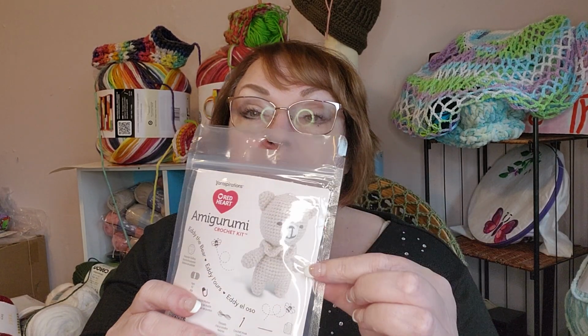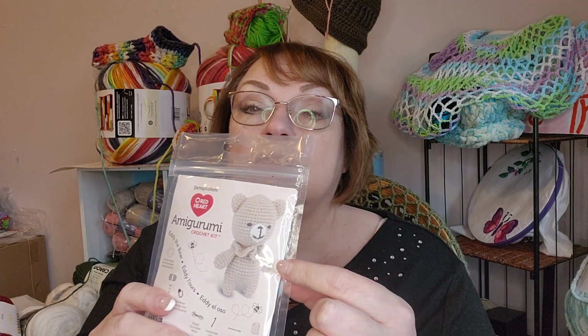I made the whole thing, and it did look like he had feathers because of the yarn. And when I got the teddy bear one, I decided to switch yarns, and that made the whole difference. I used my own yarn, and he turned out so much better, which is this one here. I've made several of him. I've made him in white. I've made him in the tan color of my own yarn. But it's worth buying them just to learn how to do them, because my Walmart had them clearanced out when I got them. So I got 2 of them, because even if you do the same body, you can change the ears, you can change the face, and make a different animal. That's all you have to do